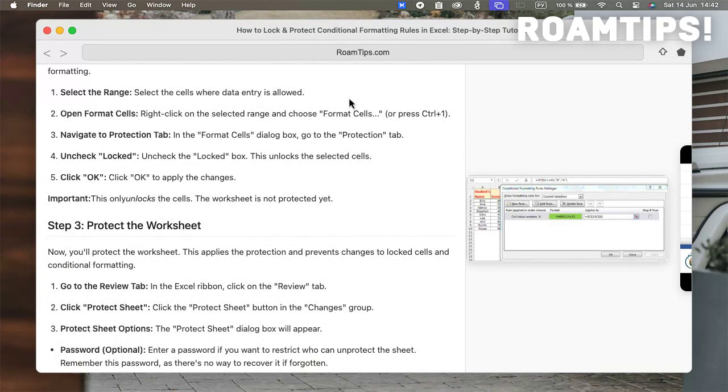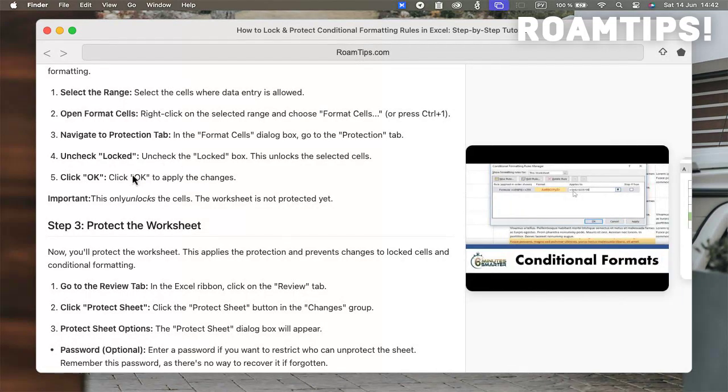Today we will be discussing how to protect conditional formatting rules in Excel. It's surprisingly easy for someone to accidentally mess up your hard-earned conditional formatting, so we'll cover some simple but effective